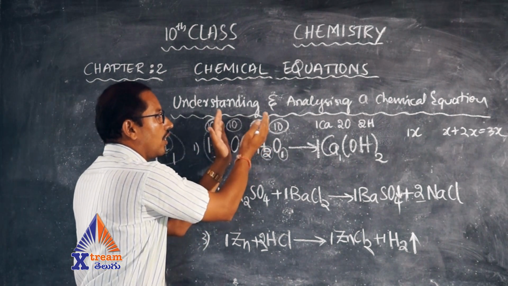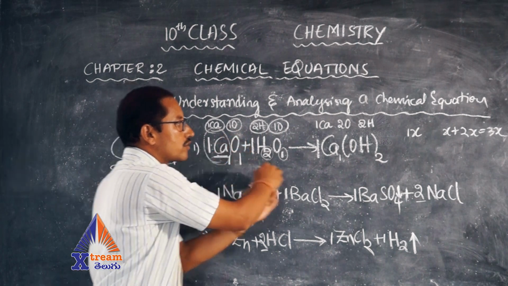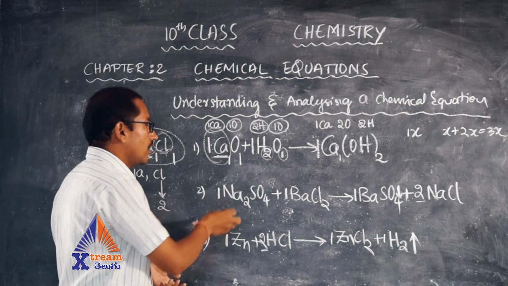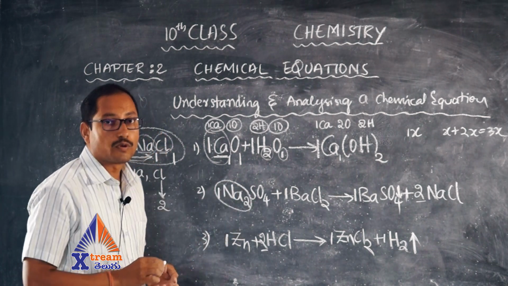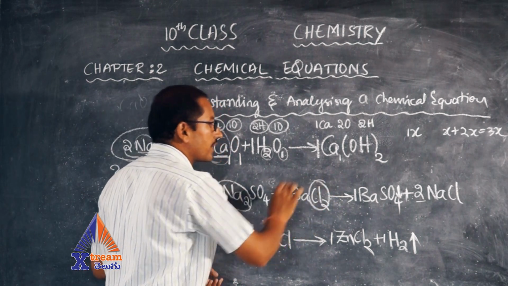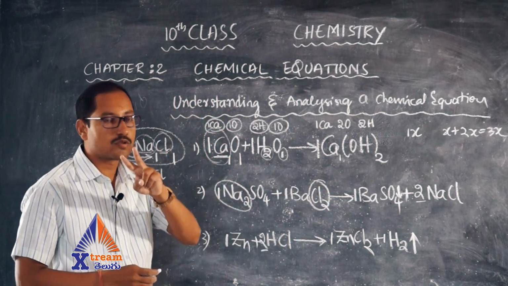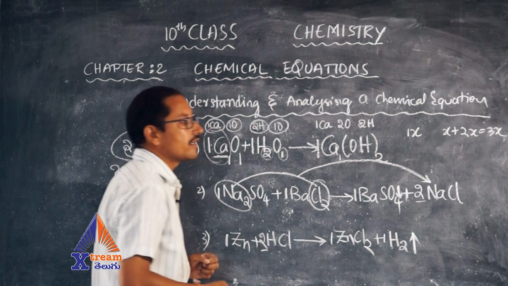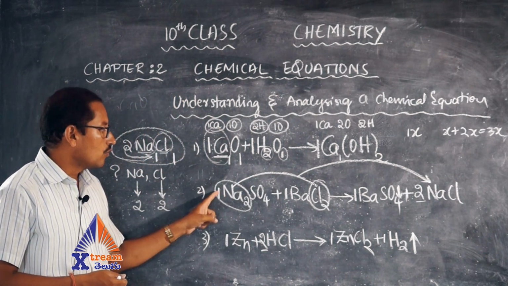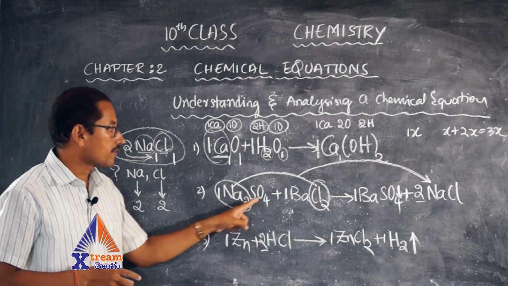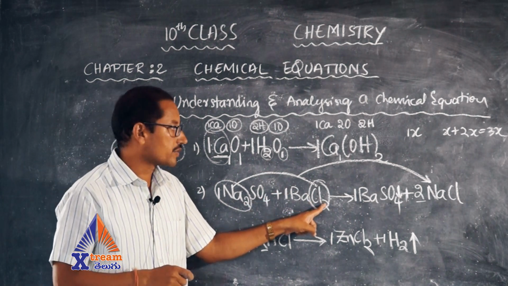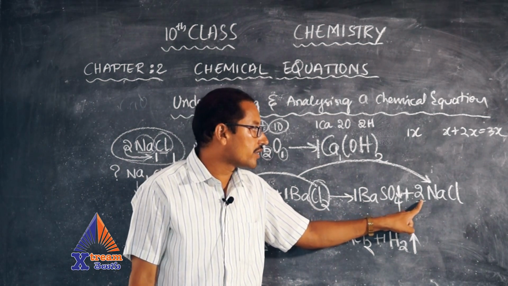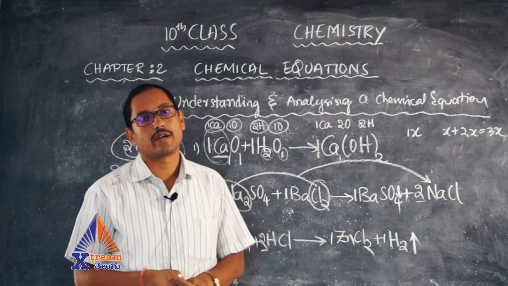Here all these reactants are getting mixed to form the product. Whereas in the second reaction, these 2 sodium atoms and these 2 chlorine atoms are coming together and giving us 2 NaCl. 1 twos are 2 sodium atoms, 1 twos are 2 chlorine atoms, 2 sodiums and 2 chlorines reacting together to give us 2 sodium chloride, 2 NaCl.